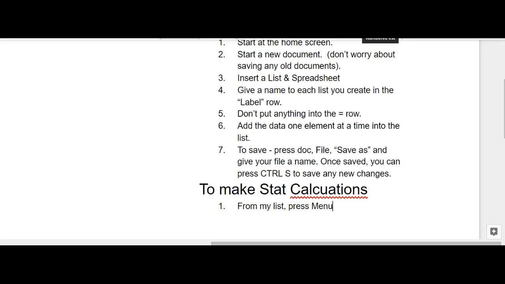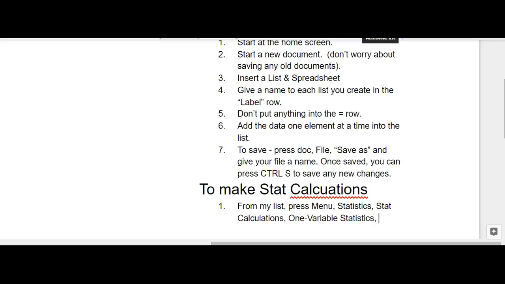And then we would go statistics, and then we would go stat calculations, and then we would go one variable statistics. Okay, one variable statistics. So you want to press all of those buttons, and then when you do,